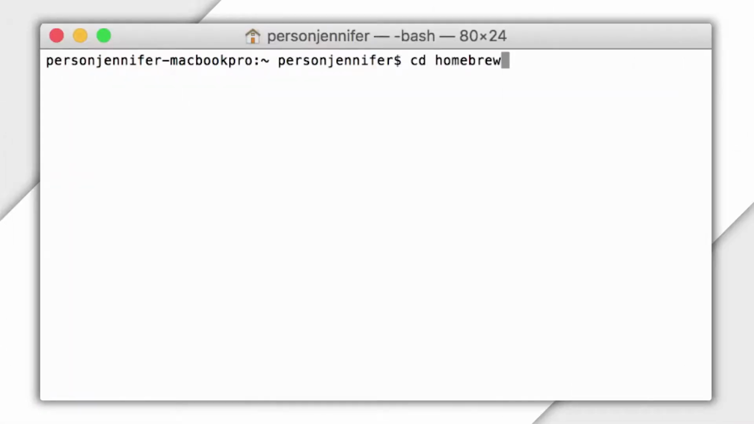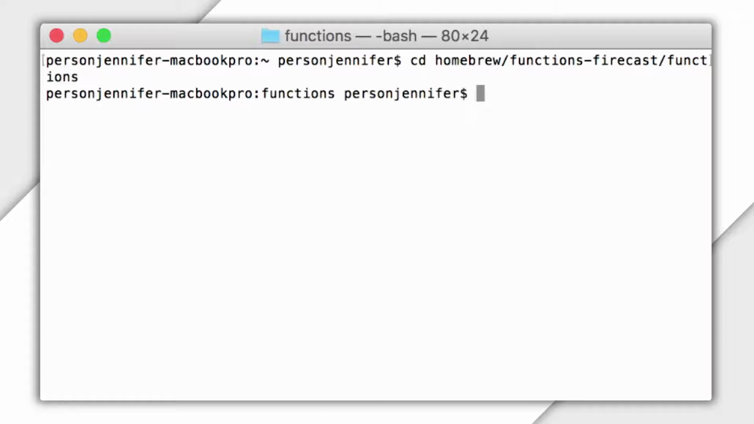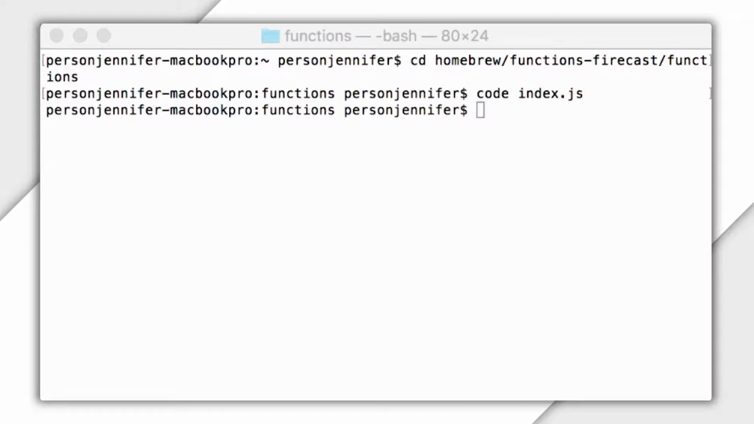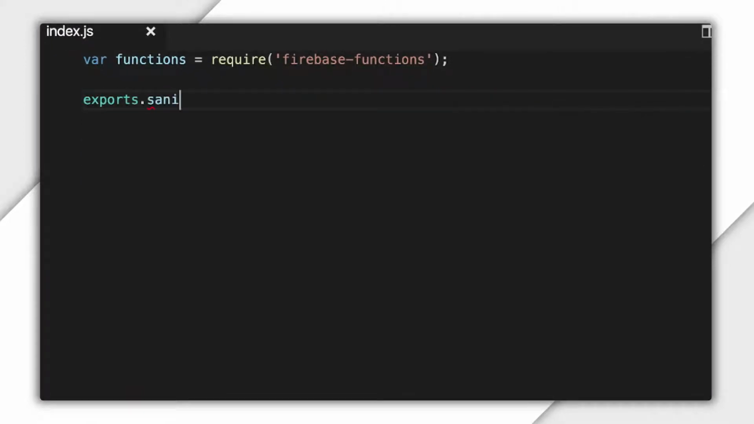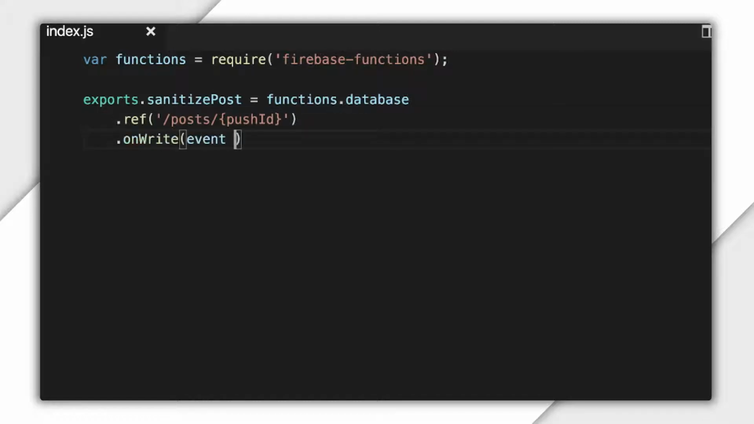I'll go to the Functions folder for my project, which I already created with the Firebase command line, and I'll start VS Code here to edit the index.js file. I'll define and export a new function called sanitizePost, then specify the event I want to trigger on. This one is a database trigger, and it's looking at the path /posts. It's also using a wildcard in curly braces to match the push ID of the post in that path. I'm interested in write events, so I'm going to use the onWrite method, which receives an event object that describes